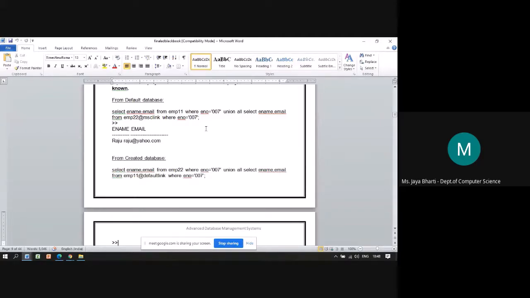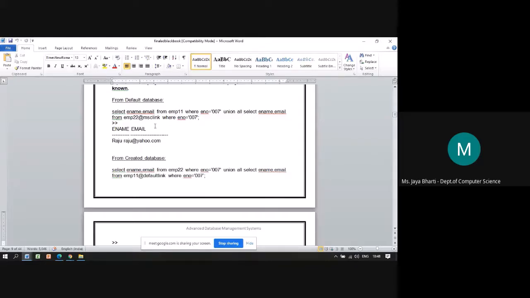Here they have again used the union all operator. So union all, select again the ename and email from EMP22@MSC link where employee number is equal to 007. So again they are combining the result of two queries using the union all operator.